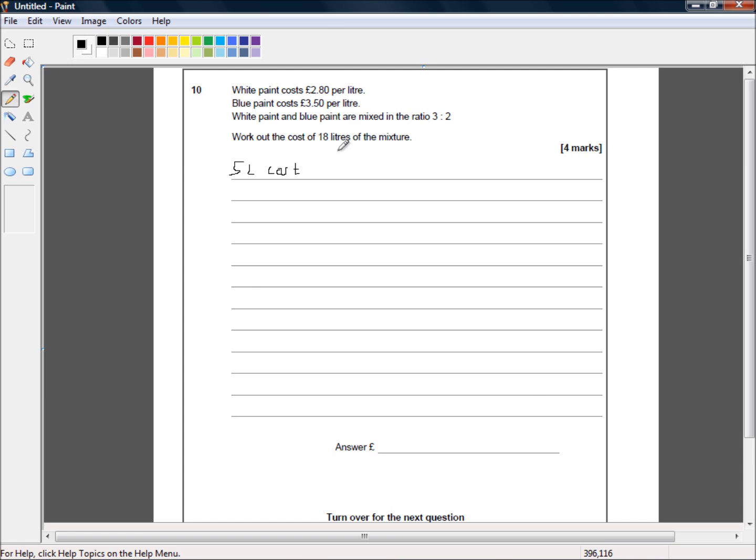3 lots of £2.80. So that's 3 times £2.80 plus 2 lots of £3.50. Well, 2 times £3.50 is easy because we know 3.5 is half of 7. Or the other way to do it is 2 times 3 is 6 plus 2 times 50p is £1. So that's a total of £7. So 5 litres